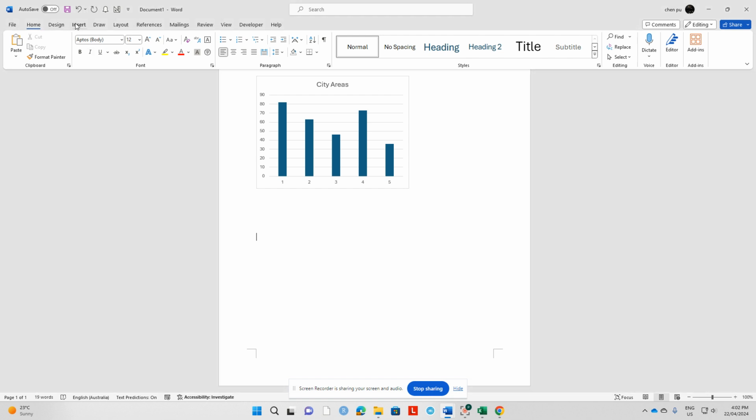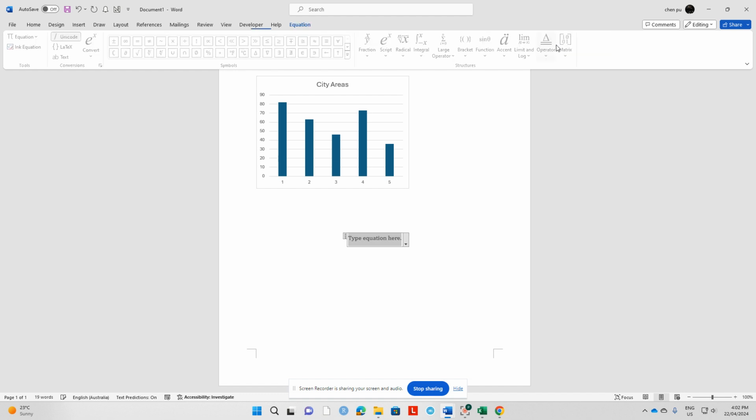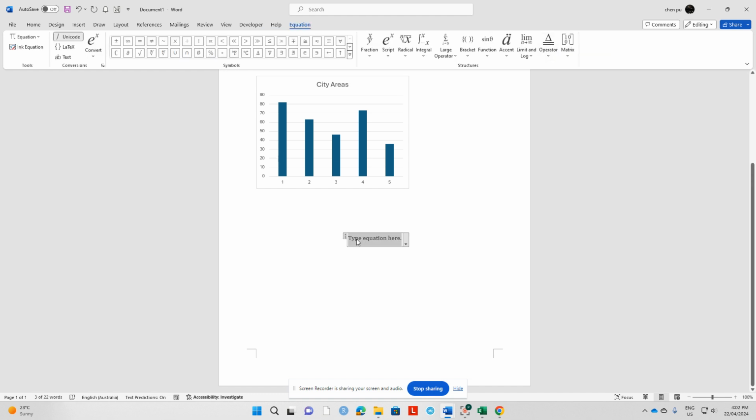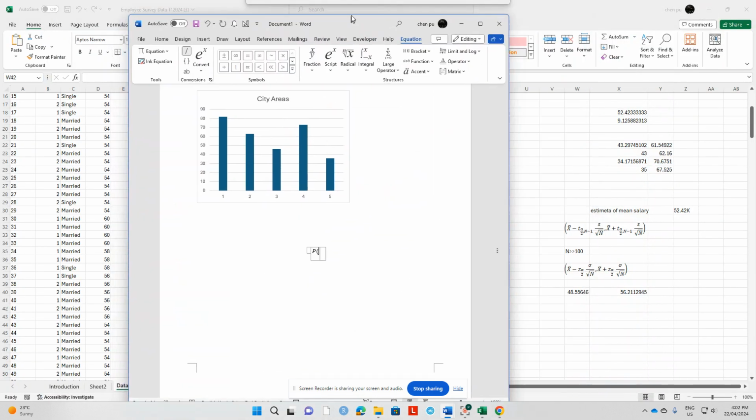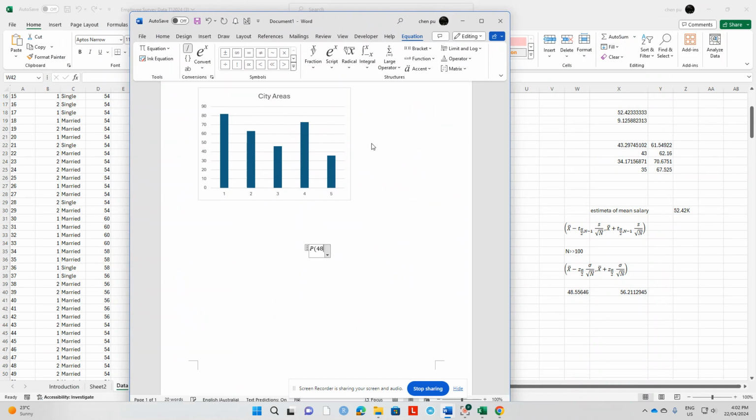Insert equation, and then you can write the equation, the probability that we write the lower bound, and the lower bound is how much? The lower bound is 48.56. Lower bound is less than